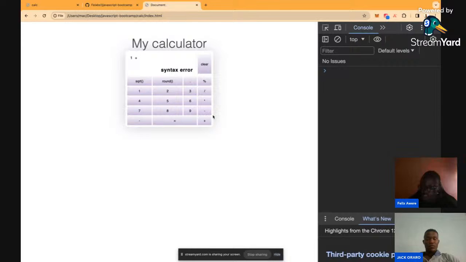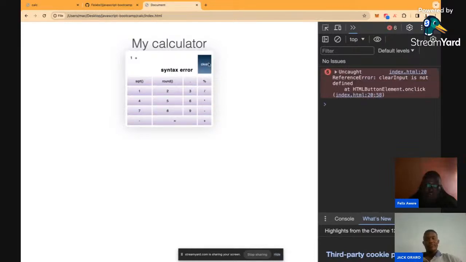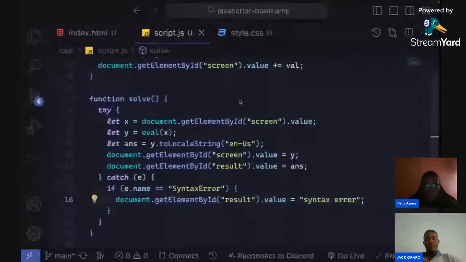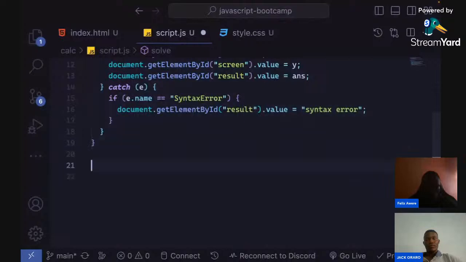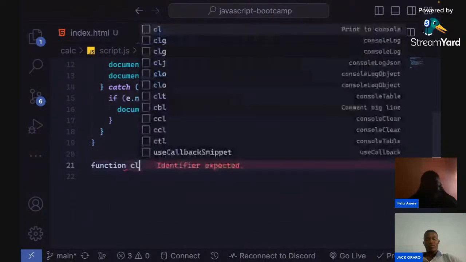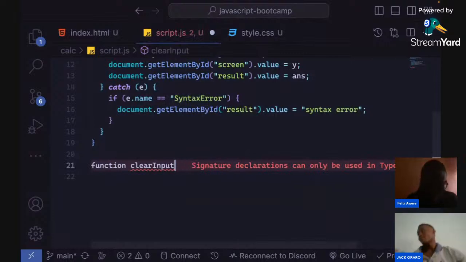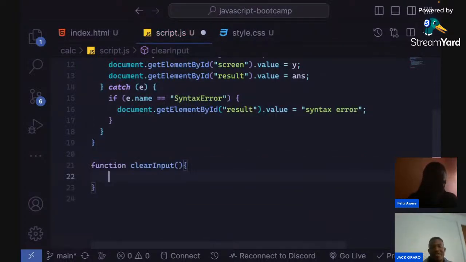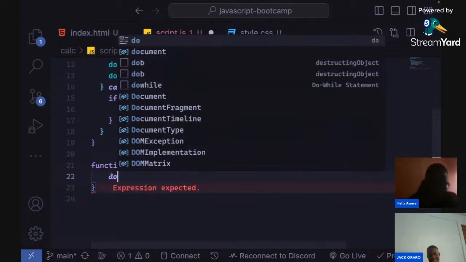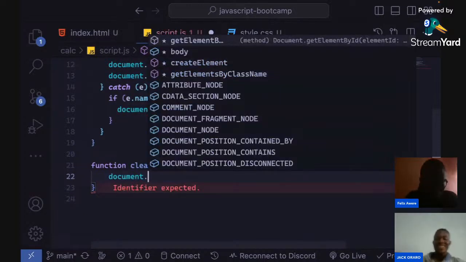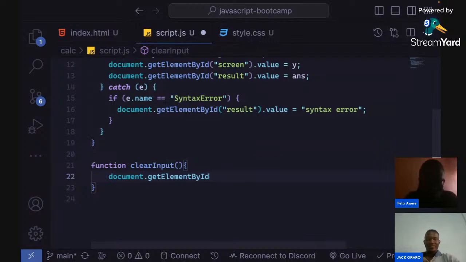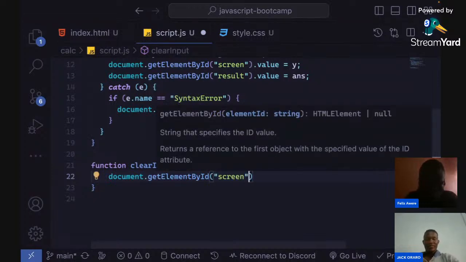So I also want to code this button. If I click it, it's telling me clearInput is not defined. It is because we still don't have that function. So just say function clearInput, like that. Once we have something like that, then we just clear everything. So document.getElementById screen.value